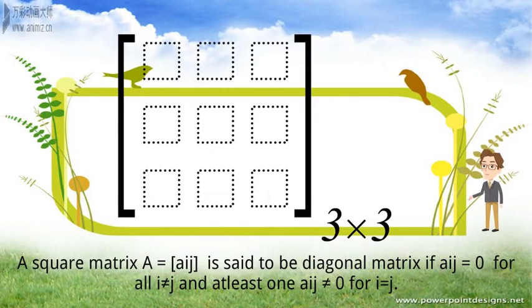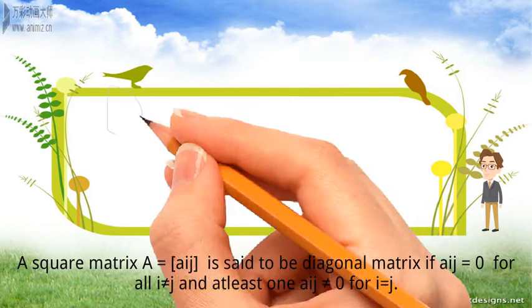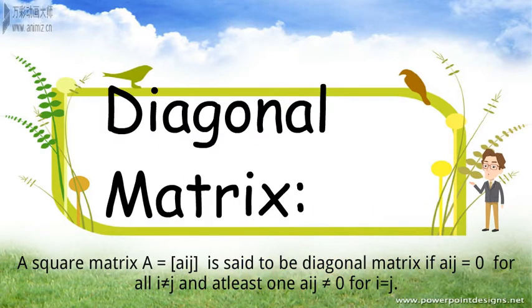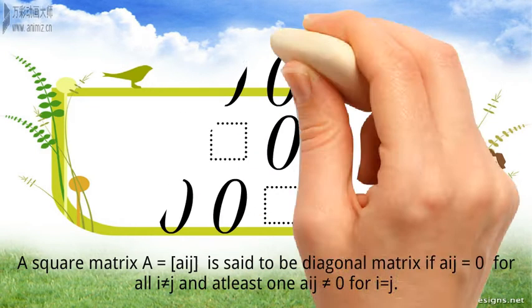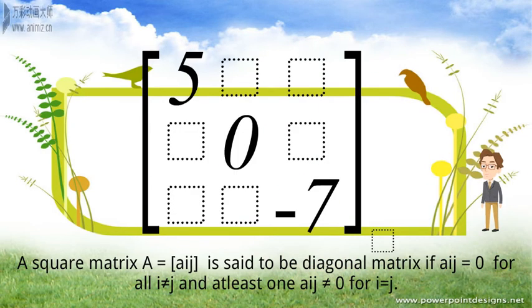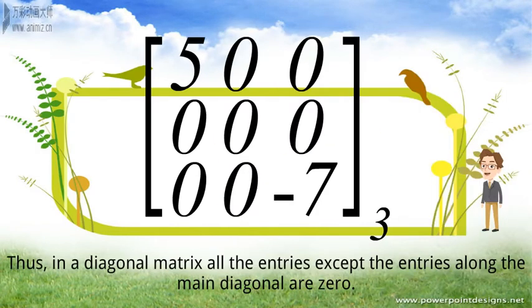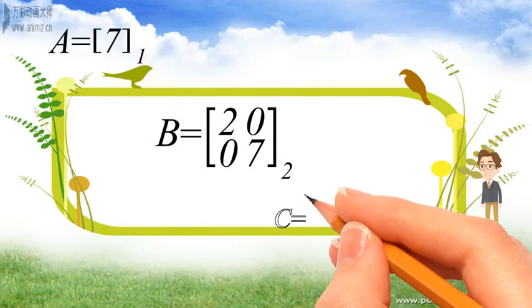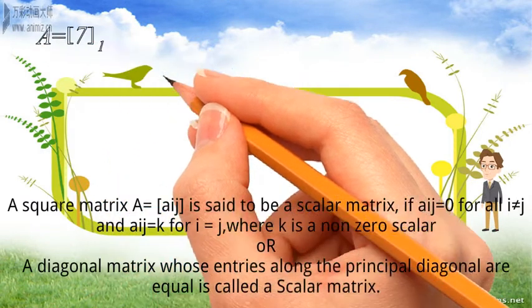A square matrix A = [aij] is said to be diagonal matrix if aij = 0 for all i ≠ j, and at least one aij is not equal to 0 for i = j. Thus, in a diagonal matrix, all the entries except the entries along the main diagonal are 0. Examples of diagonal matrix of order 1, 2, and 3 are